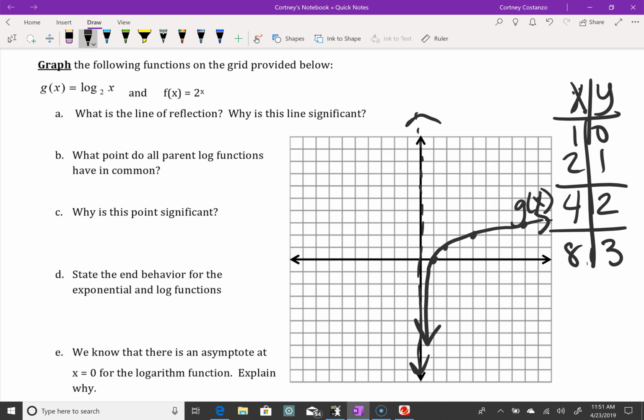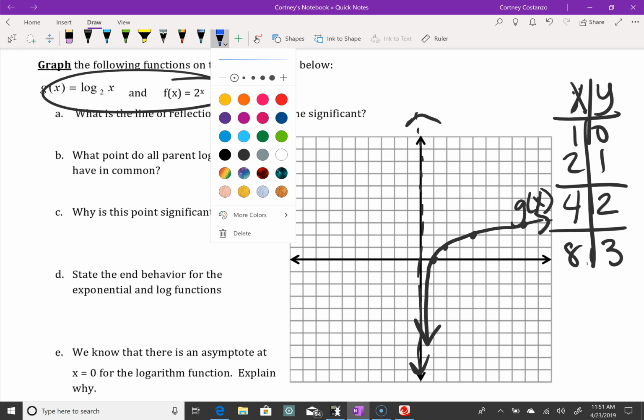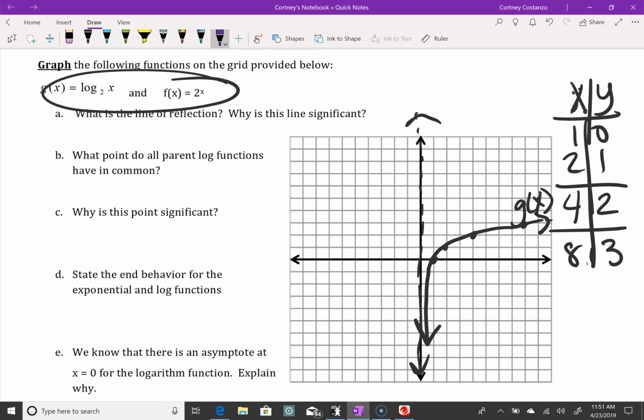Now, the whole point of graphing both of these is because, well, they are inverses of each other. So 2 to the x, if I do that in a different color, all it does is it takes the same points and just flip-flops them. So f of x is going to be 0, 1, 1, 2, 2, 4, and 3, 8, and that should be the reflection over the line y equals x. So that should be our inverse graph,